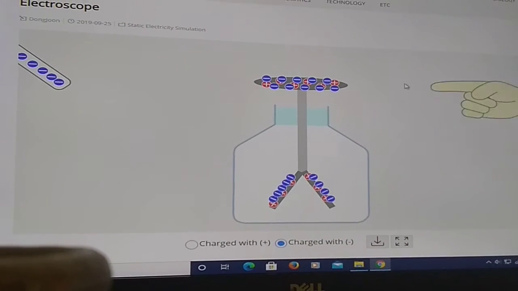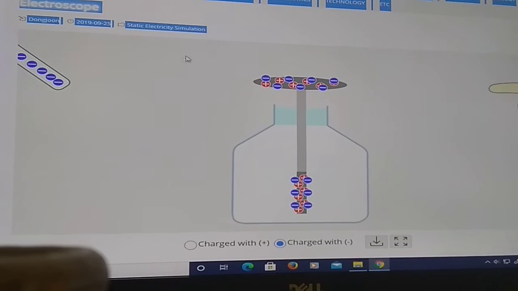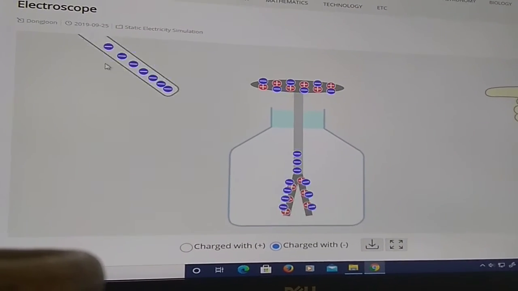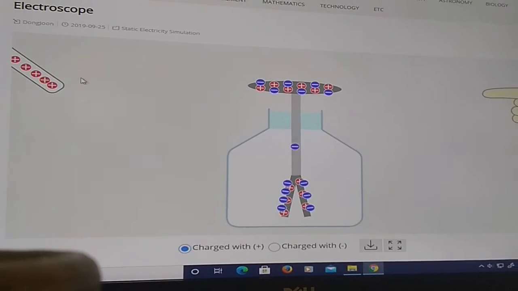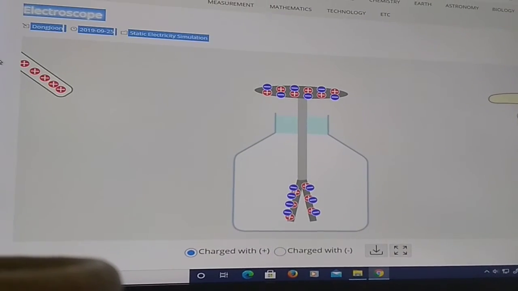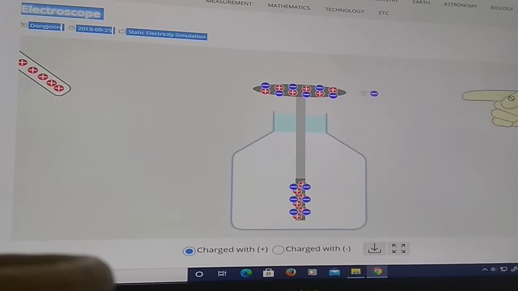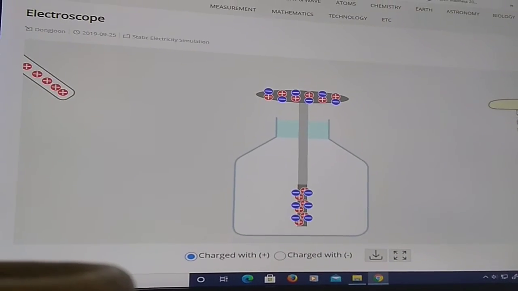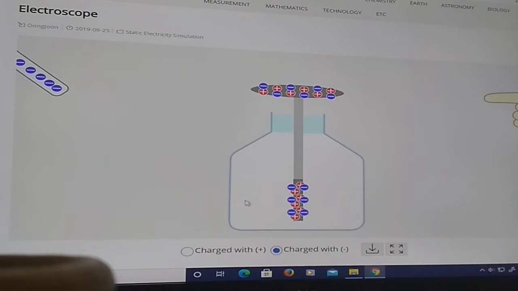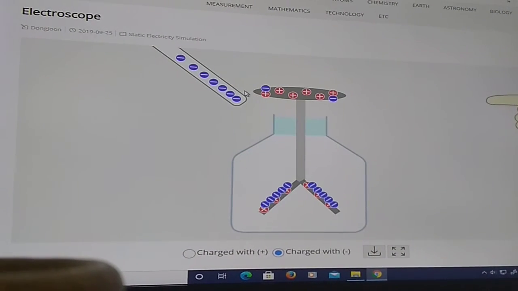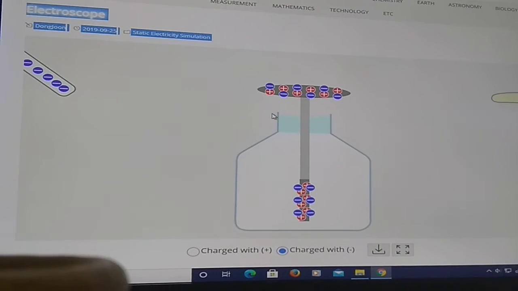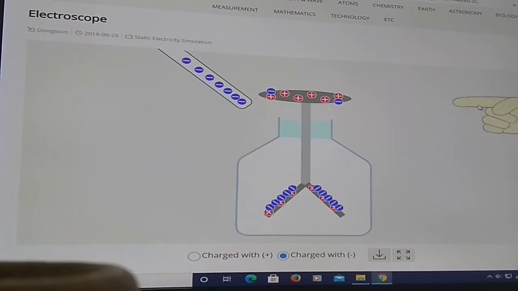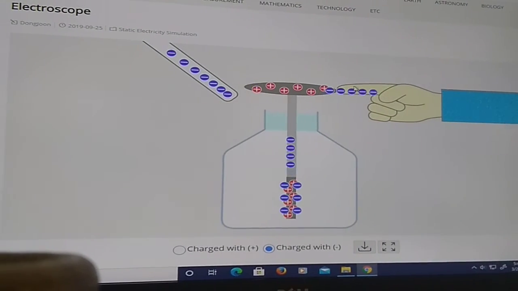So again, quick summary. A neutral electroscope, the leaves will spread apart if either type of charged object comes near it. So a neutral electroscope, no matter what type of charge comes near it, the leaves will separate. If the electroscope is charged, by the way, this is the way we have to charge it, charging by conduction,